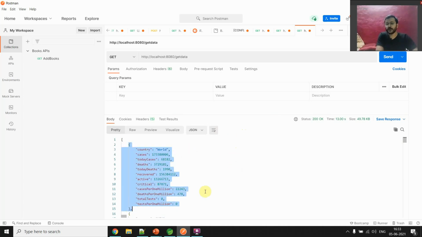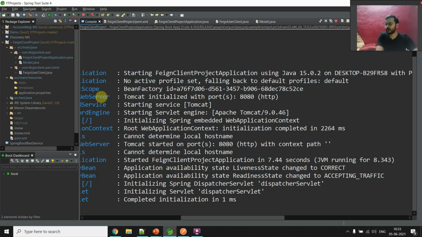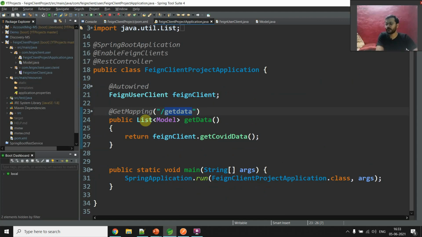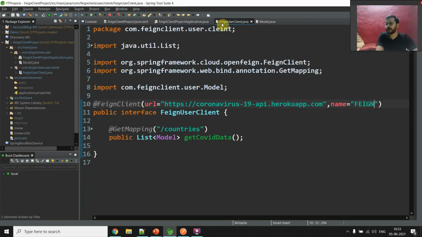So now you got it, why I have created this model here, because when you tell Spring Boot to convert this JSON, right? So you need to give that model here, because Spring Boot converts your JSON to your model, that is called deserialization. Okay, yeah.